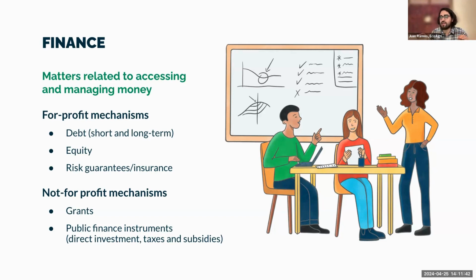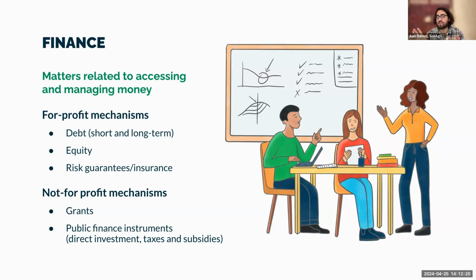Equity is simply buying a percentage of the ownership of something. And so you have equity in something when you buy a percentage of that company or venture or organization or institution. You're buying an equity share in it. And these are the main mechanisms on which everything else is built. Any more complicated instrument or mechanism you can think of in finance is based on these things. It's just different mixes of them.